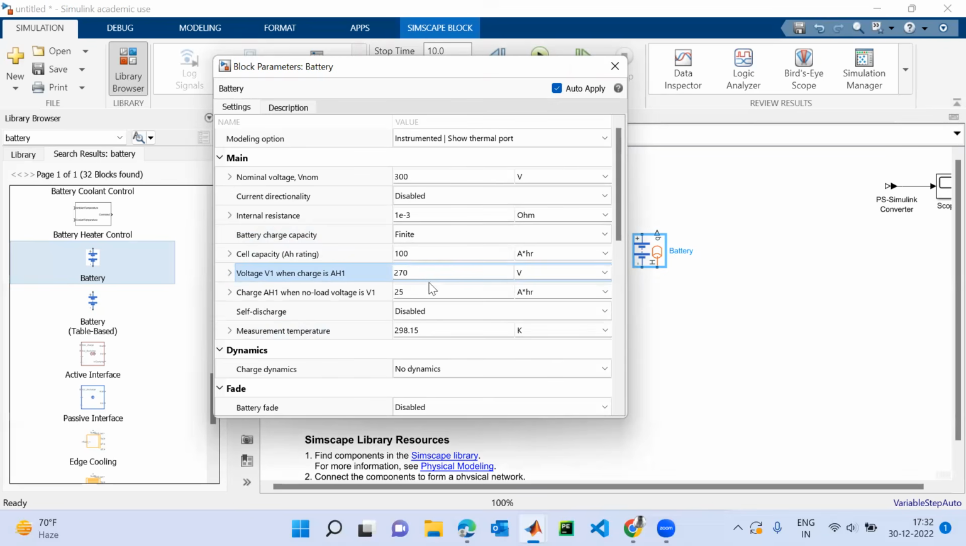Then this I will set to 50. Self discharge should be disabled. Measurement temperature I will change to 25 degrees centigrade. Here you can see, degree C I will set it. Now